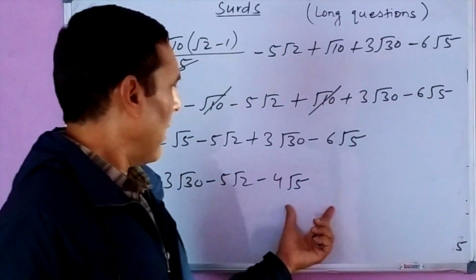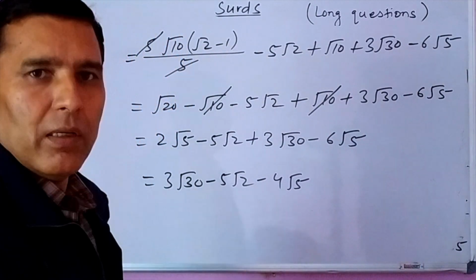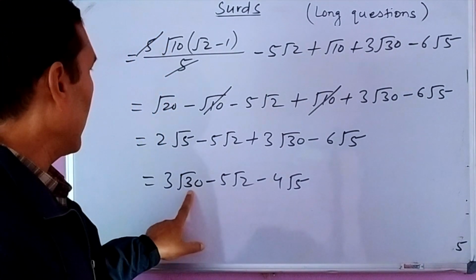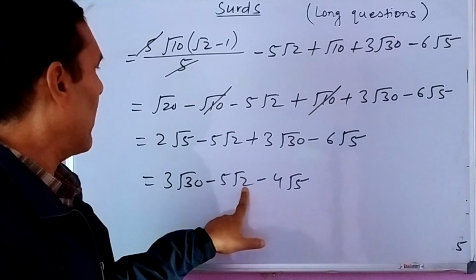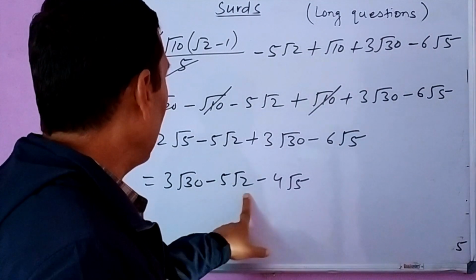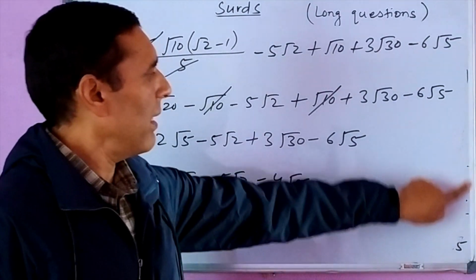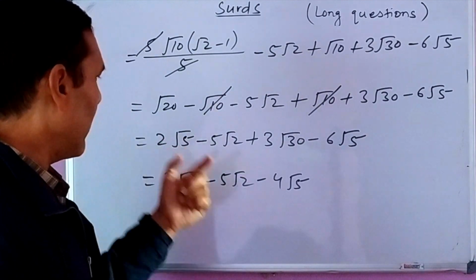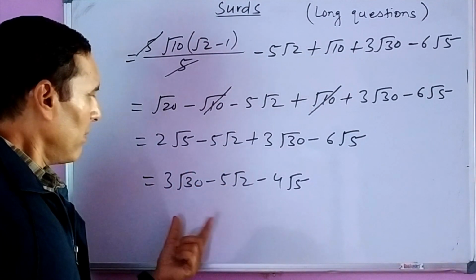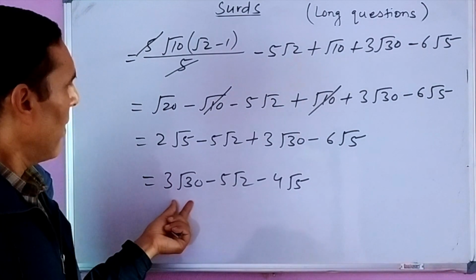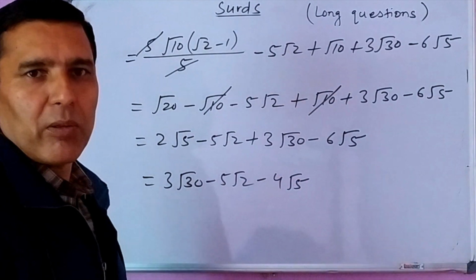Now further we cannot do anything, because all the surds are different here. They are not like surds. Because the radicand of the first surd is 30, the radicand of the second surd is 2, the radicand of the third surd is 5, and 2 and 5 cannot be factorized. And 30 we can factorize, it is 2 into 15, but we cannot take a factor out, because we do not have the square of any factor of 30 there. So this must be the answer. Further we cannot simplify it.